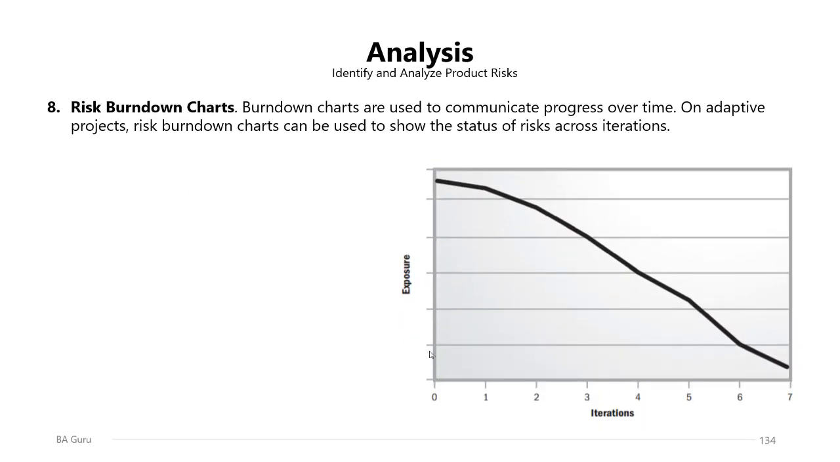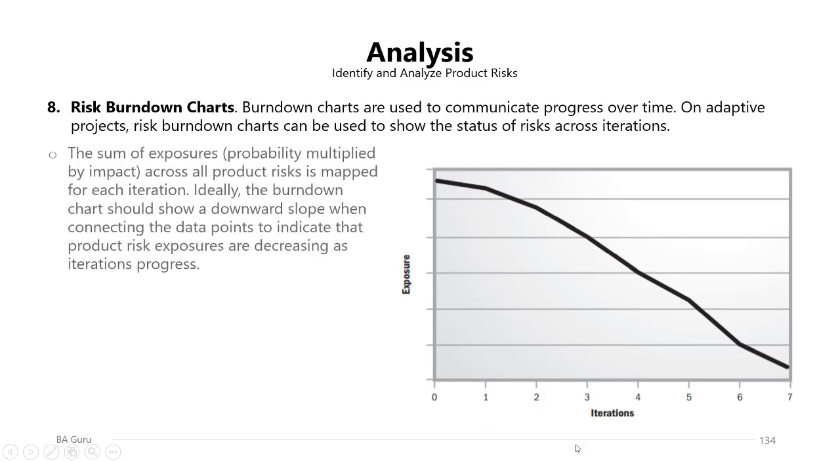The risk burn down charts are also used in an agile environment. They are used to communicate progress over time. On adaptive projects, risk burn down charts can be used to show the status of risks across different iterations. Here is an example of the risk burn down chart showing the exposure of the risk at the start of the project and how it's going down as more iterations are progressing on the project. The sum of exposures, probability multiplied by impact, across all the product risks is mapped for each iteration. Ideally, the burn down chart should show a downward slope when connecting the data points to indicate that product risk exposures are decreasing as iterations